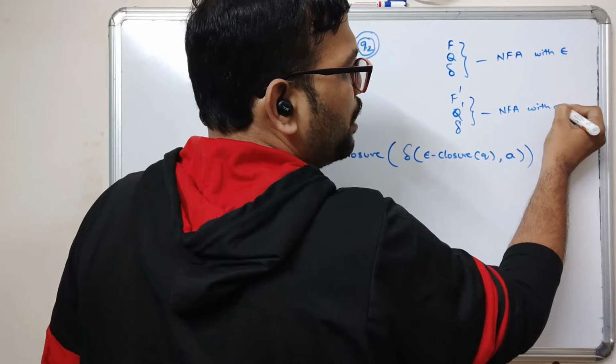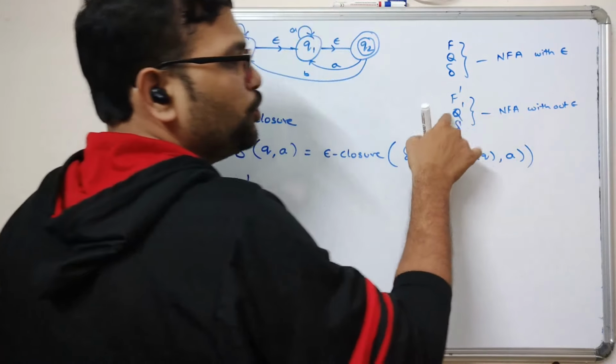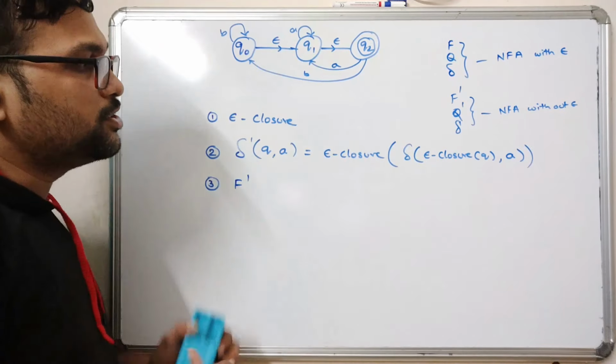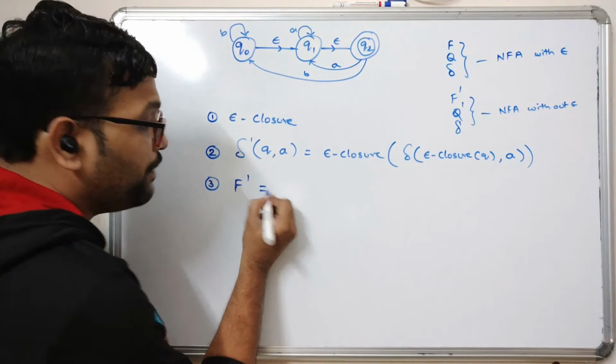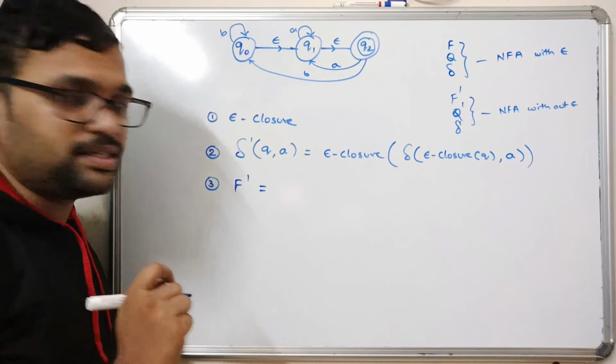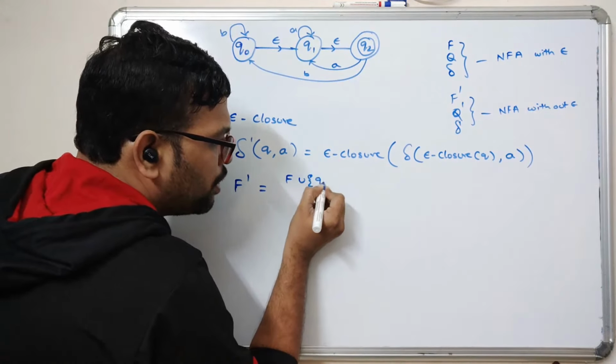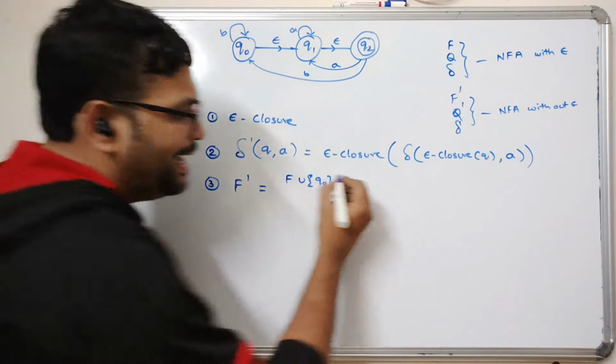So we need to find F dash, Q dash and delta dash. Here for F dash we need to find the final states, and the final states will be F union q naught, if